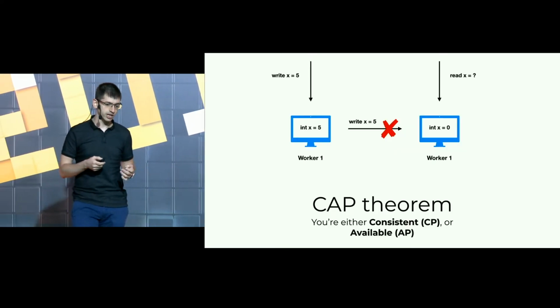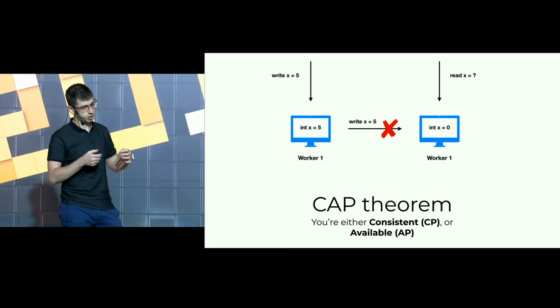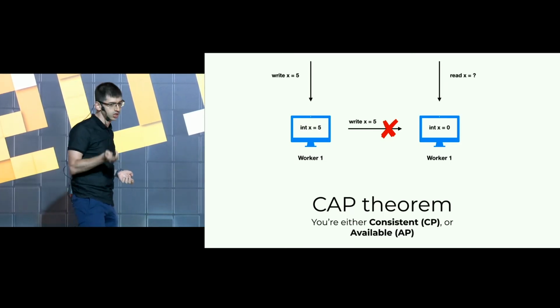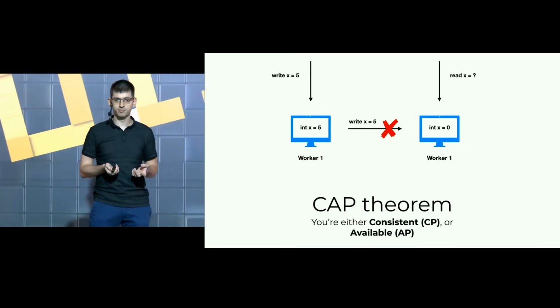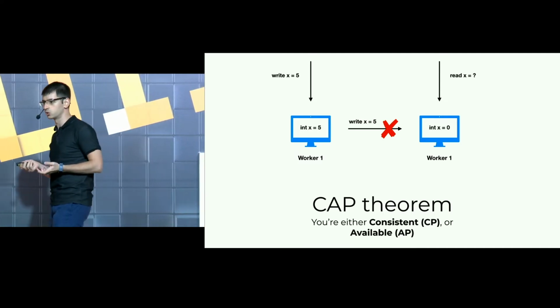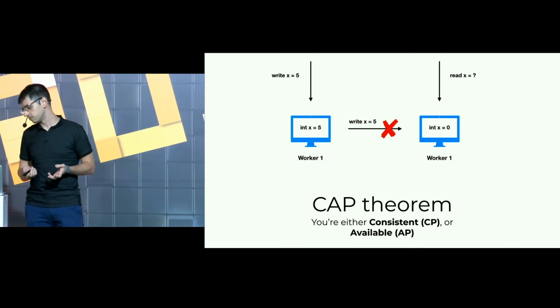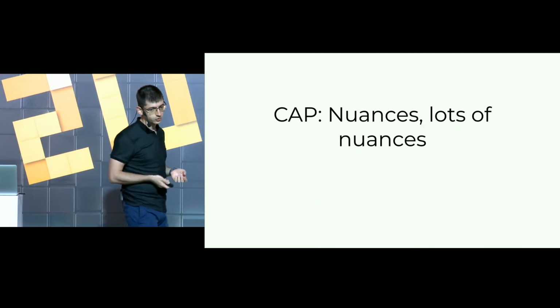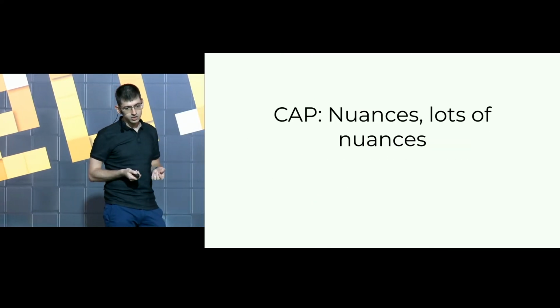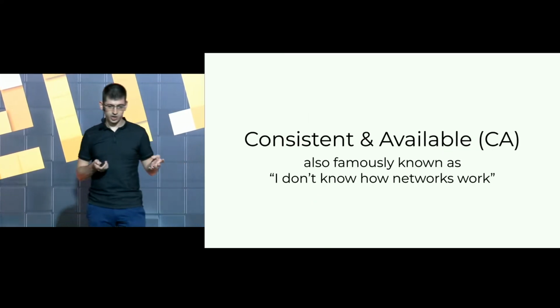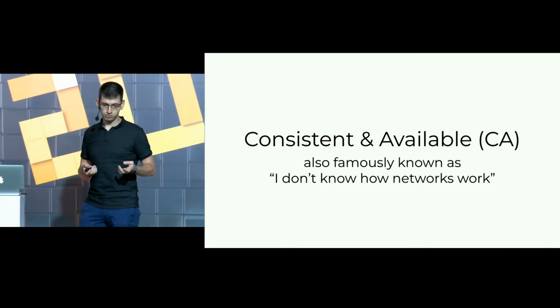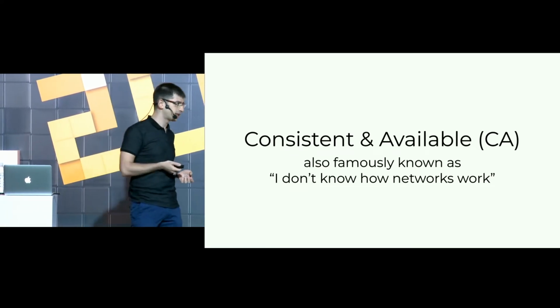This is the simple claim: in the presence of partitions, you can't be both consistent and available. There are a lot of nuances that matter in terms of how we build or choose systems that this theorem applies to. So one of the first nuances that you hit once you start thinking about it or reading about it is